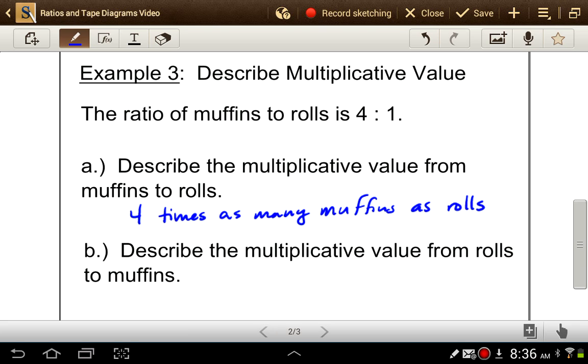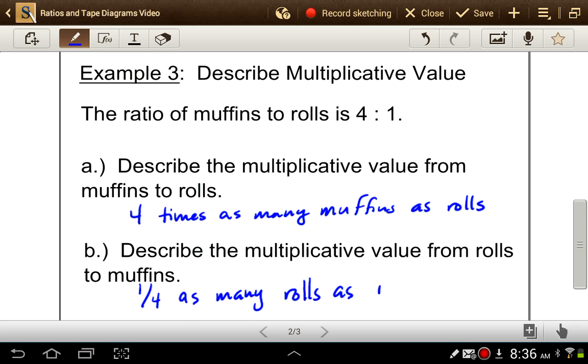Okay, so if I have a ratio of 4 to 1, that means I have 4 times as many of that. So I have muffins to rolls, I have 4 times as many muffins as I do rolls. What happens if I want you to describe the rolls to the muffins? Okay, so use the multiplicative value to describe the rolls to the muffins. Well, that's going to be 1 roll for every 4 muffins, so I have 1/4 as many rolls